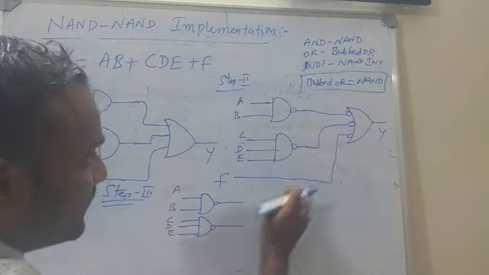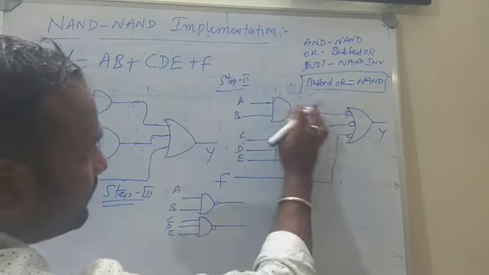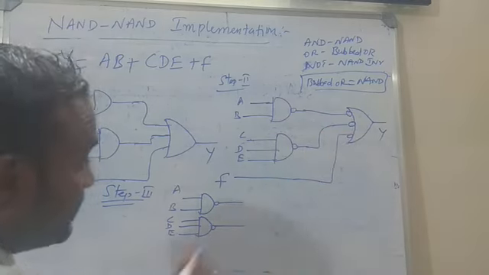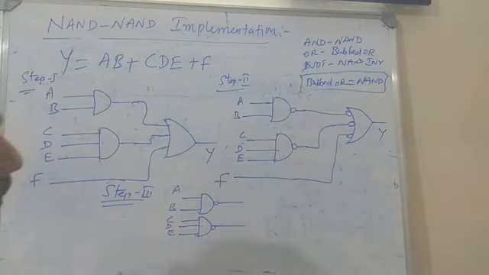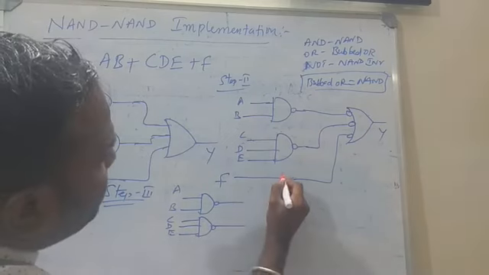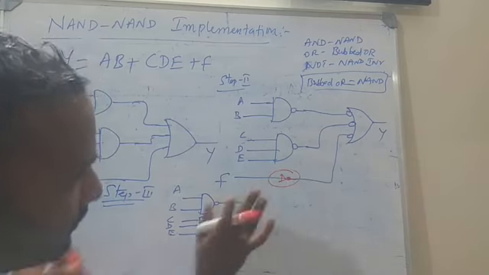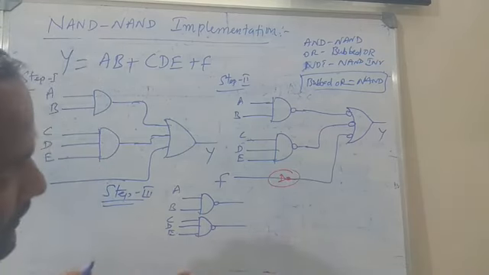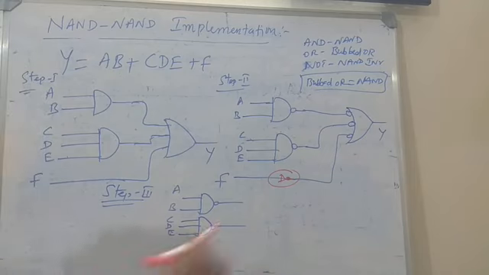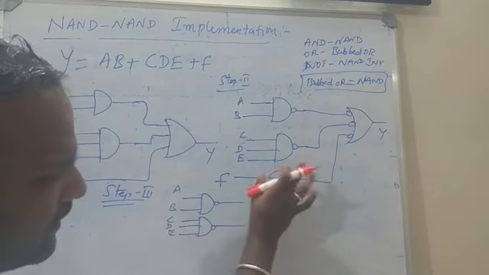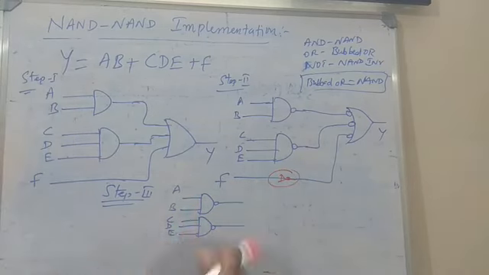So bubbled OR is equal to NAND means, here one inverter is there. You have to compensate this inverter, because here this inverter is compensated. Here an extra inverter is there. For that purpose, you have to add, simply in the previous step, one round symbol like this. Okay, for the final design, right? So here one extra inverter is required for compensating this one. So I have added a simple NOT gate. Then we will replace it afterwards.